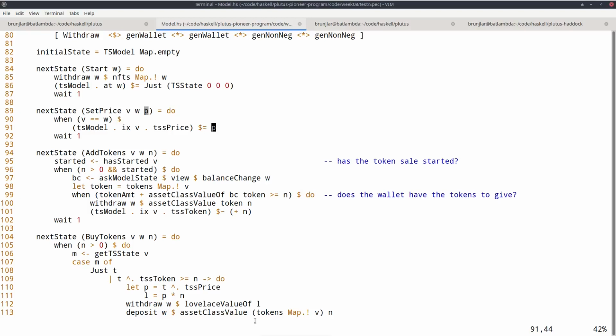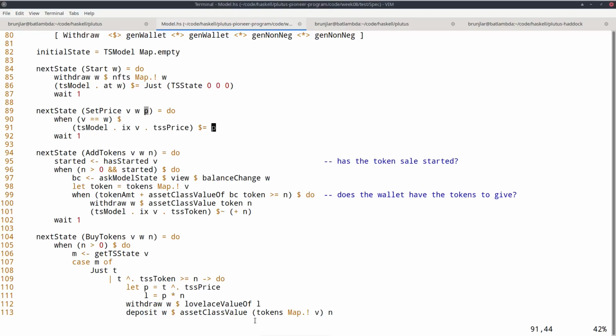Actually, because ix is a traversal, it could be that the key is not there, so the token sale hasn't even started yet, but then the ix simply won't focus on it and nothing will happen. So that means only if the token sale has started do I set the price.